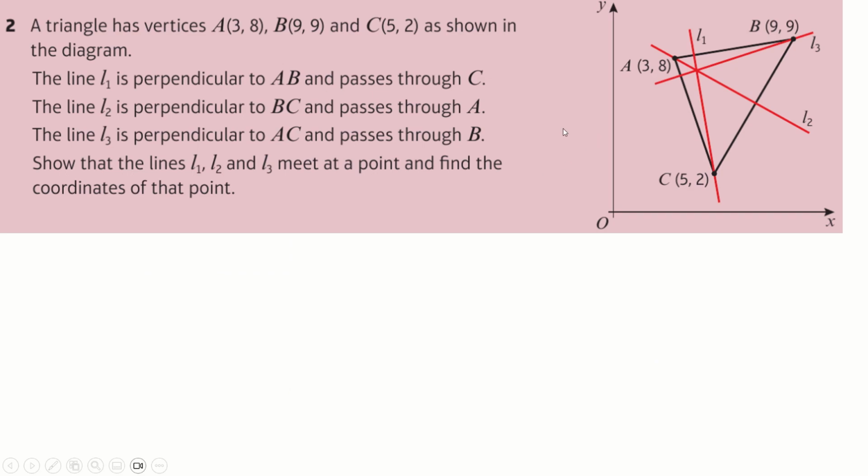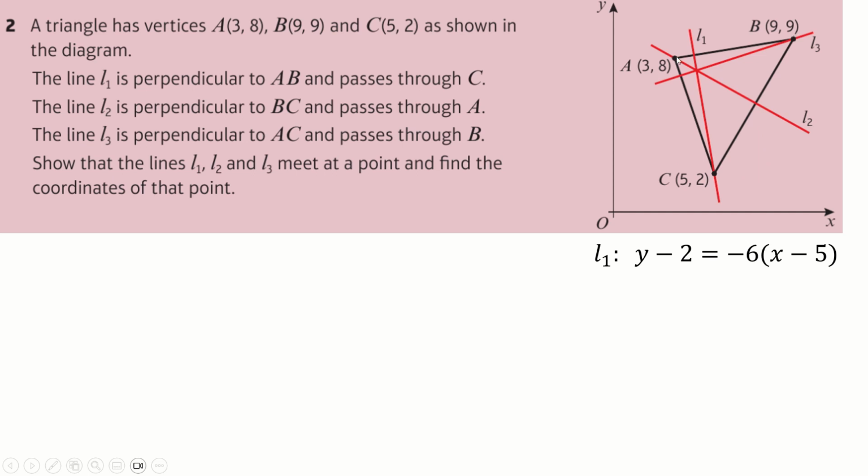Anyway, we get to another question here about another scalene triangle, this time with some lines going through the vertices, making right angles with the opposite side. So cool. It wants us to find a bunch of, well, it wants us to find the coordinates that all the points meet at, which involves finding the equations of all the lines. So L1, I guess I've said here, is perpendicular to this one, this line here, this side,